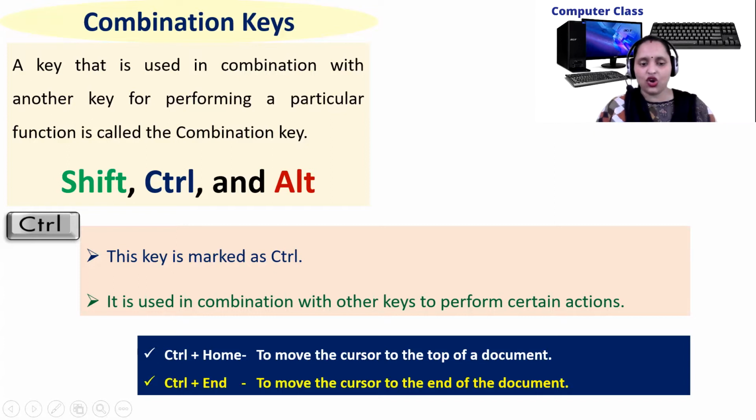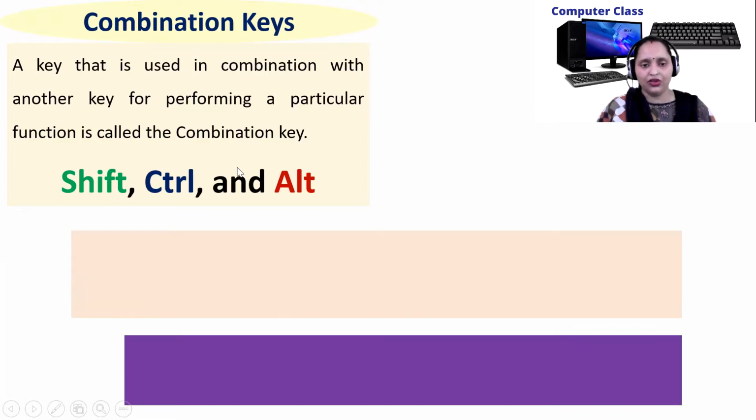If we are pressing control plus N, it means at the same time we have to press both the keys. Remember, if we are pressing control plus N, then what will happen? The cursor will come at the end of the document. It means the control plus N key is used to move the cursor to the end of the document. For example, if my cursor is here and I want to bring my cursor to the end of the document, and my document ends here, so I take the help of which combination key? Control plus N key. Okay, children.